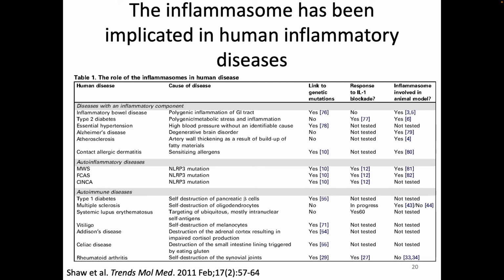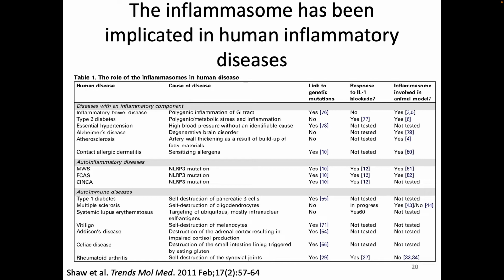This is a very old and very out-of-date slide that shows you some human diseases where messed up inflammasome signaling has been seen, either because we can link it to genetic mutations, we can use a drug that blocks the inflammasome and see an effect in patients, or we can see it in animal models. And so what you can notice is, based on this, the inflammasome has been shown to be involved in those